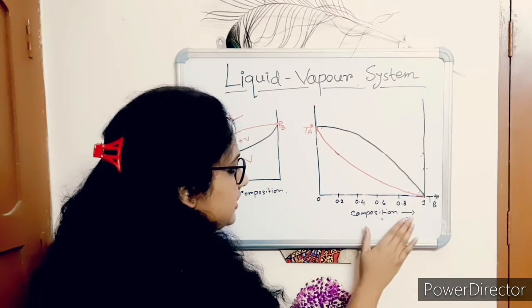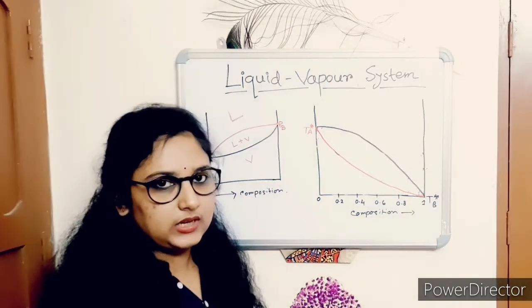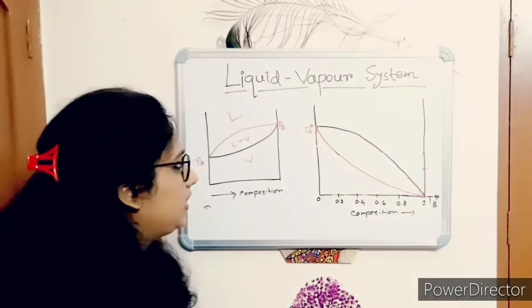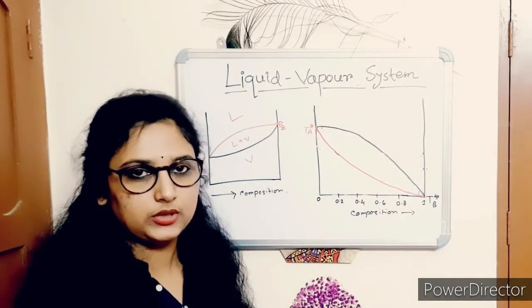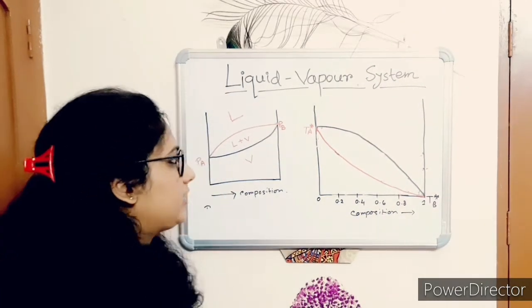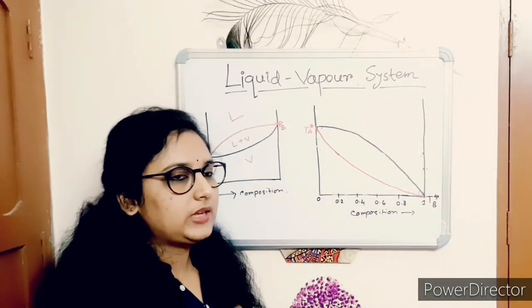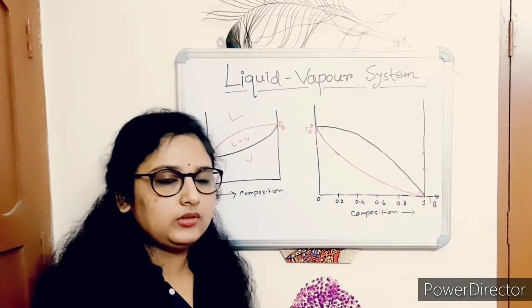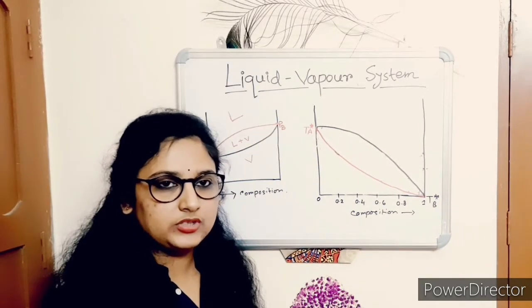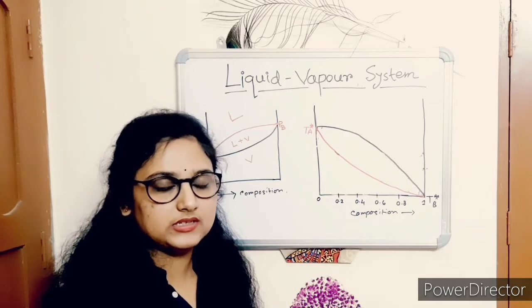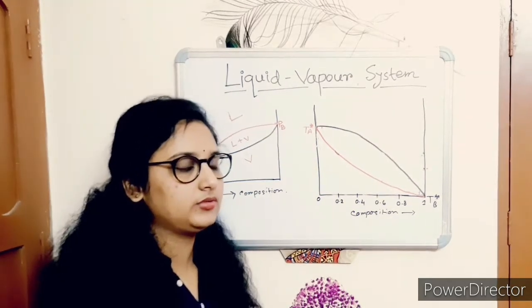Now, what is the distillation process? Distillation is an important application of the liquid vapor phase diagram. You can understand the distillation process by using this concept of the liquid vapor phase diagram. Why do we need to use the distillation process? From the beginning I am saying that when two liquids are miscible in nature, they form a homogeneous solution, and here I am taking two liquids, two constituents.